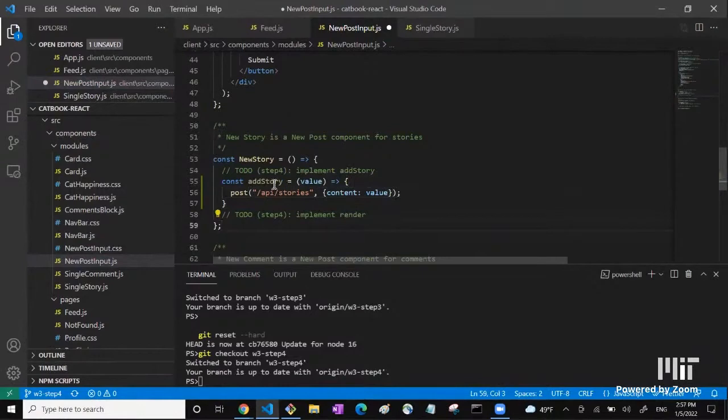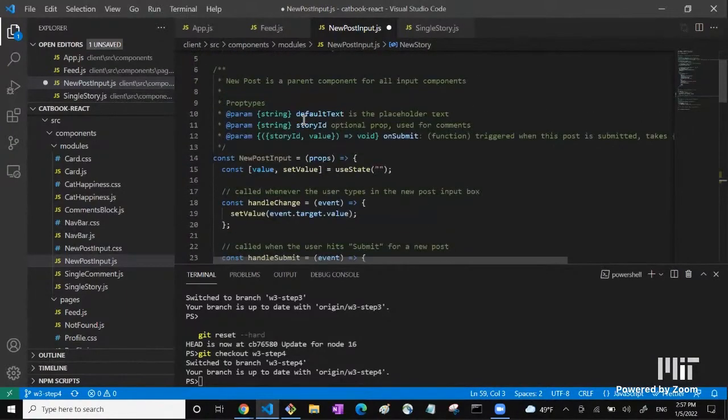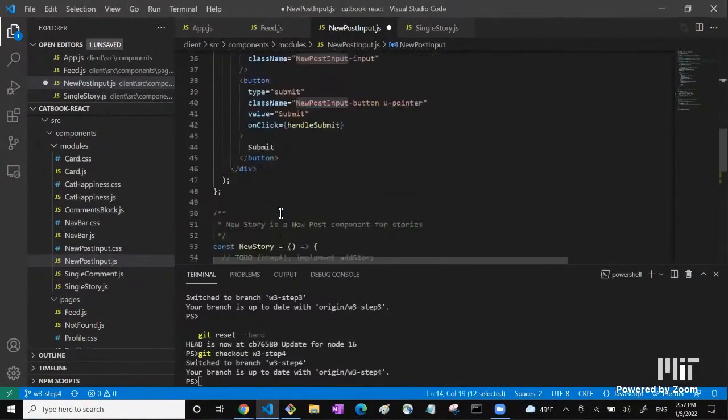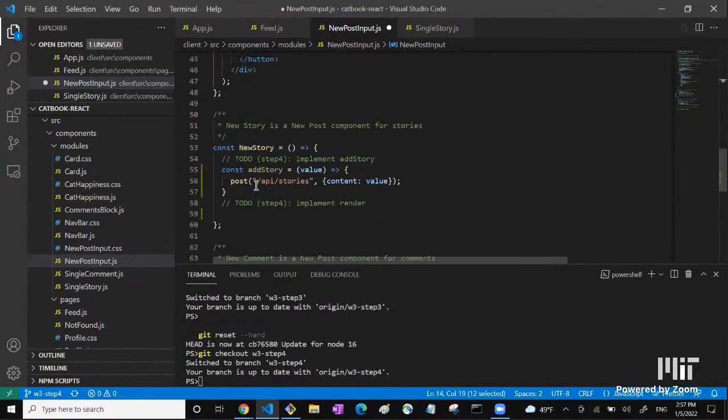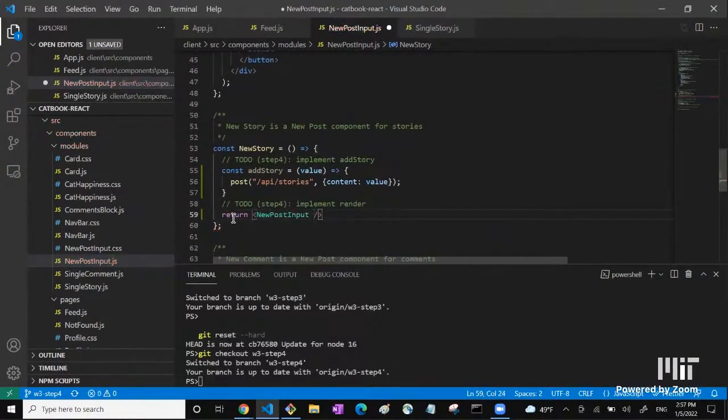And so this is going to be our add stories function. Essentially, the next step we need to do is to implement render. So we can just render our new post input component in our new stories component. So we can just return a new post input component. But remember, we want to give it the prop, pass down our add story